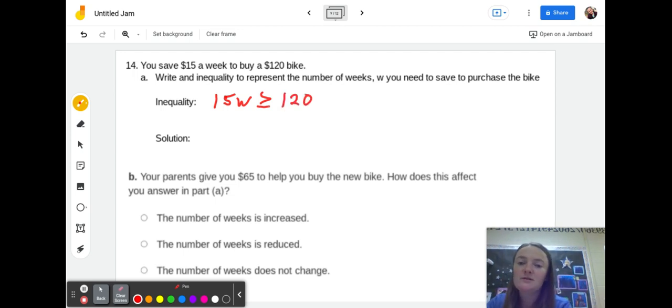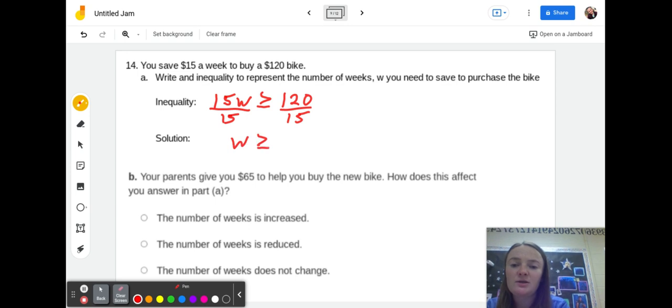Okay. To solve this, all we're going to do is divide by 15 and divide by 15. And we should get that W is greater than or equal to, I think it's 8. But we can double check that. So 120 divided by 15, 8. So if your parents give you $65 to help you buy the new bike, how does that affect your